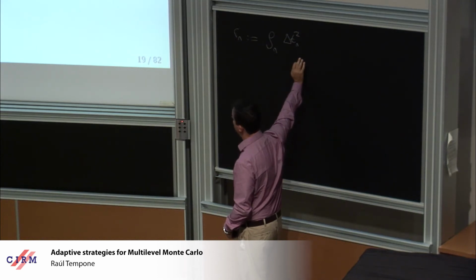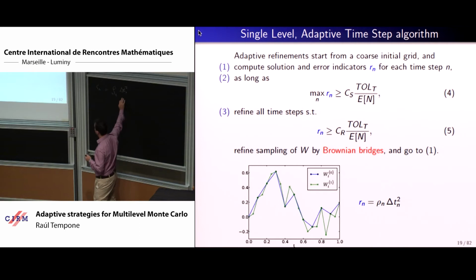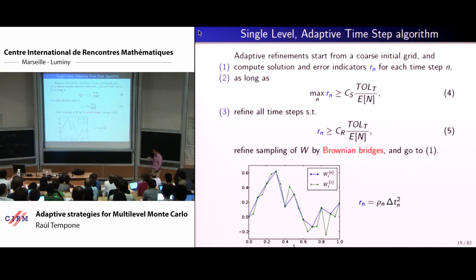But again, now this is defining the contribution from time step n in a given realization to the total work. And what we do to stop the discretization is to verify whether the maximum of these is or not above this. And this, you see, is the tolerance that we prescribe for the bias constraint, which is what we want to achieve, divided by the expected value of the number of time steps. So this essentially is the mean error that we would like to achieve on each interval. That turns out to be optimal, essentially, to equidistribute the error along intervals.